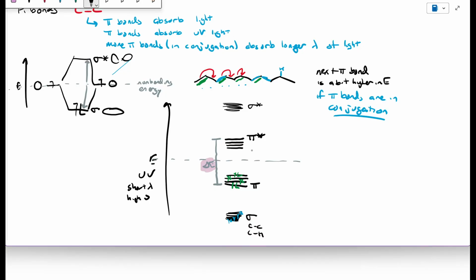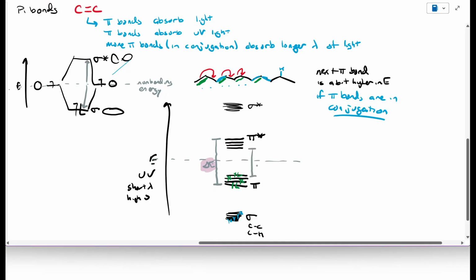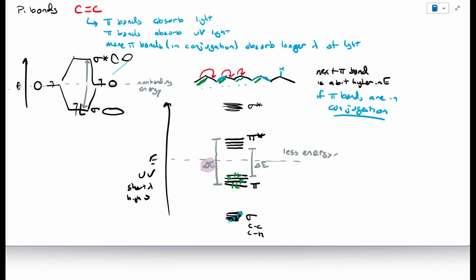Why does that matter? Look what happens to this delta E as you add more and more pi bonds in conjugation. That delta E gets smaller. And if that delta E gets smaller, that means that there's less energy needed to excite the electron to the pi star antibonding orbital. So think that through for a second. If there's less energy needed, and if one pi bond absorbs ultraviolet light because the energy gap is in the ultraviolet range, as I add more pi bonds in conjugation, if less energy